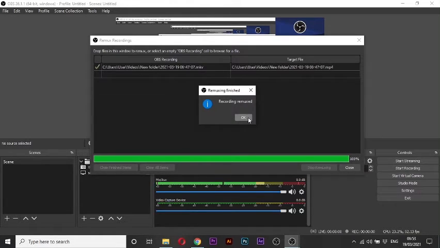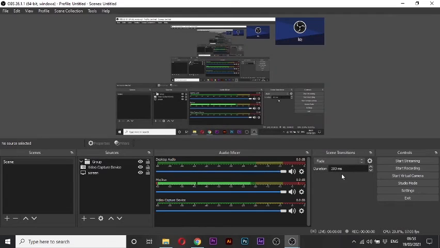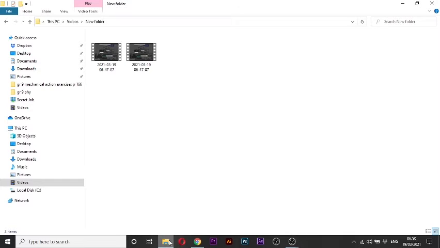Recording remixed. Okay, I'm gonna close, then go to my file, and I have two videos now. Let me show you. One is an MP4 file and the other one is an MKV file of the same length and